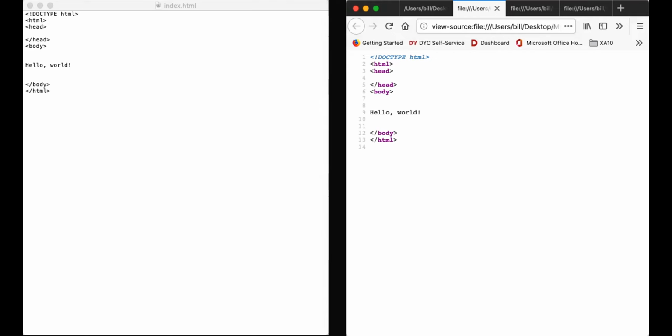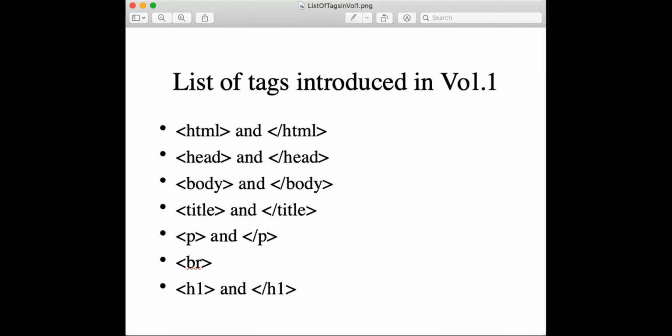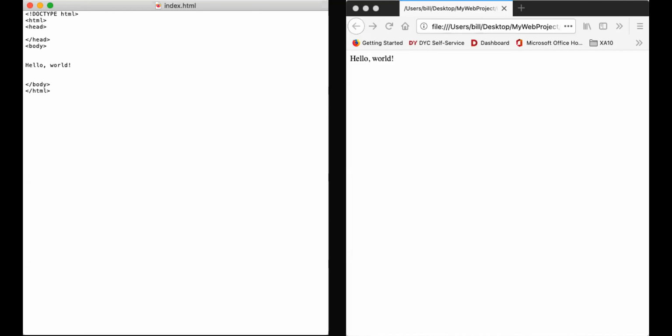Let's take a look at what we're going to do in part 2. Now, here is the list of the first 7 words we are going to learn in the HTML language. As you can see, the first 3 ones, HTML, head, and body, we learned them already. So we have 4 more to finish this list: title, paragraph, break, and heading. So now, let us go back to our